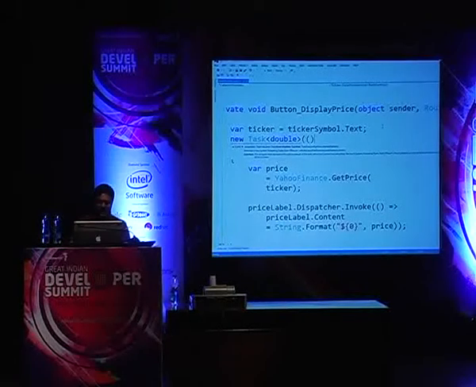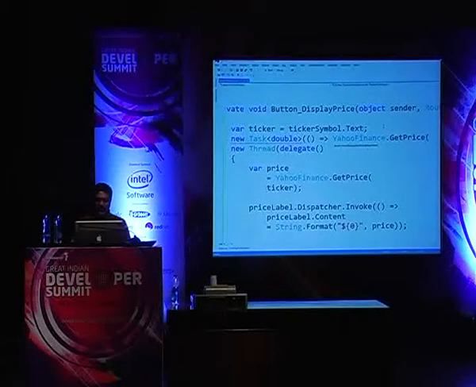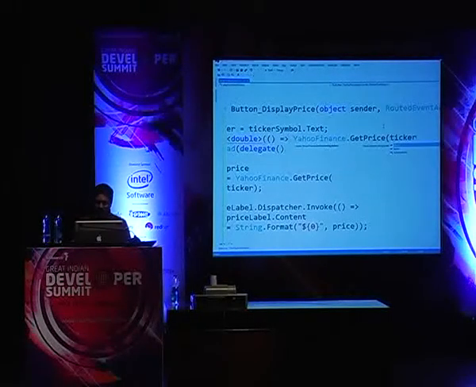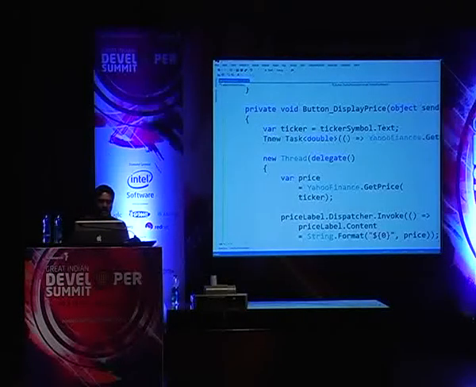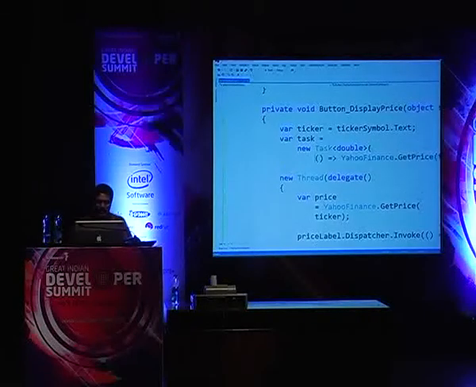So in this case, I'm going to give him a lambda expression to run, and he's going to give me the result of this particular task. And of course, he needs a ticker, which is available in the scope over here as a lexical scoping, and I'm going to use that one. So what does this do? It gives me a task on my hand, so I'm going to say task equals, and then set that into the task itself. So I just saved it away in the task over here, and that's what you're seeing at this point.